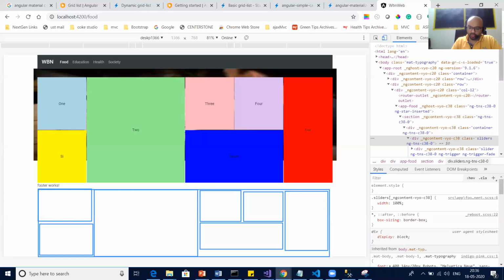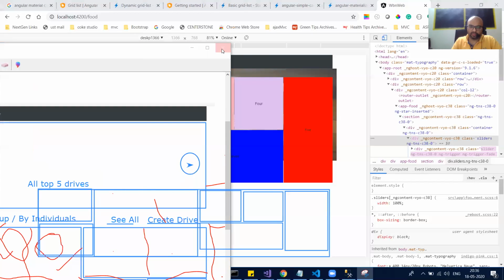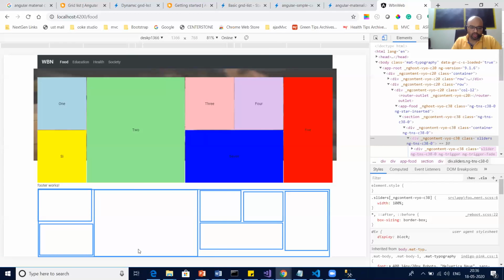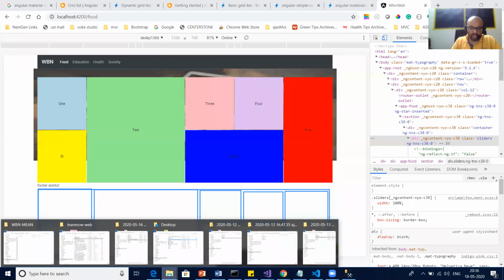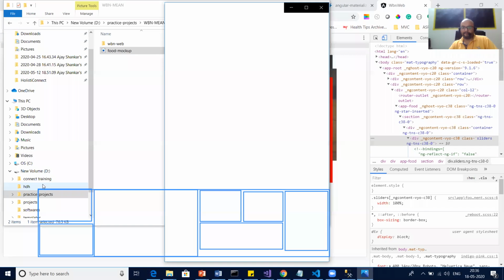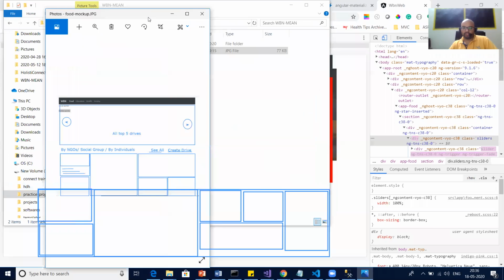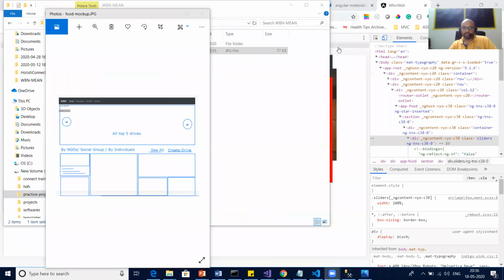You all know that this is how basically, is that saved? No. I mean, did I save it? No. Do I want to save it? No. So you all know how basically your page is going to look like. Your gallery is going to look like, correct? Let me just clear all the drawing. Yeah. This is how we want it. Like this.